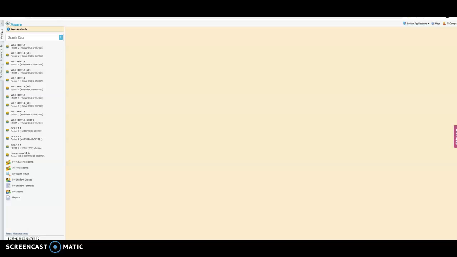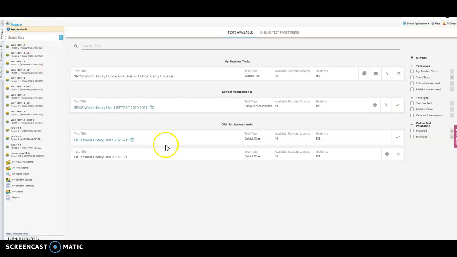Okay, I'm going to walk you through how to turn on and off the supports for each student. So here you have your Aware window, and up here you have all your classes, and then it says test available. So when you go to test available, these are the tests that are available. The Pasadena ISD World History Unit 2, 2020, 2021 shows you that I have 119 students, and this is a